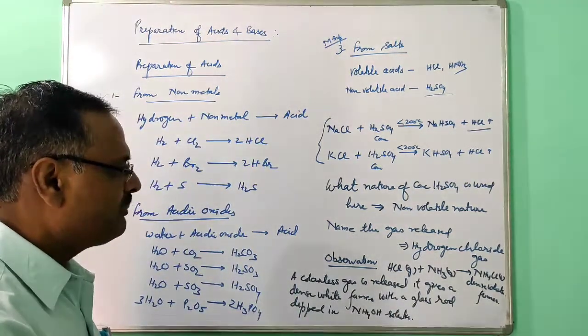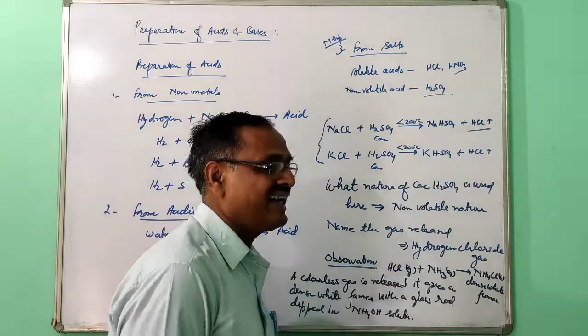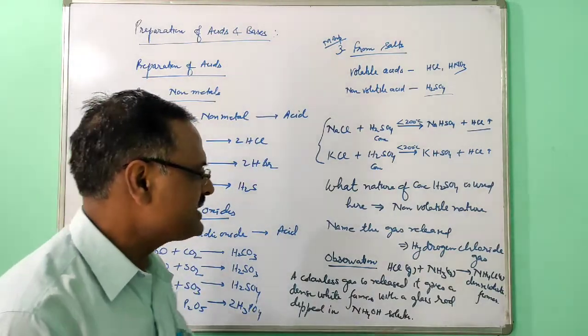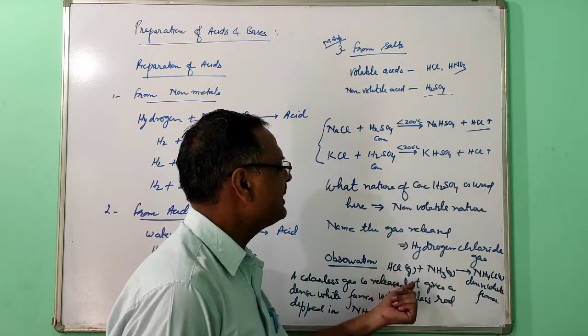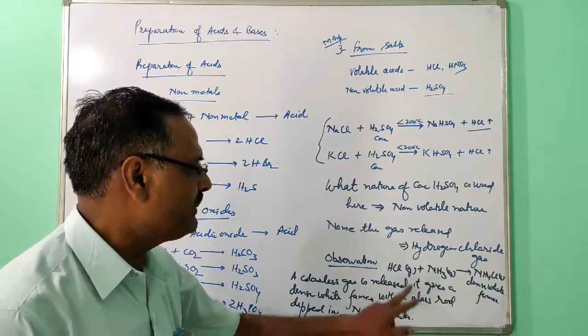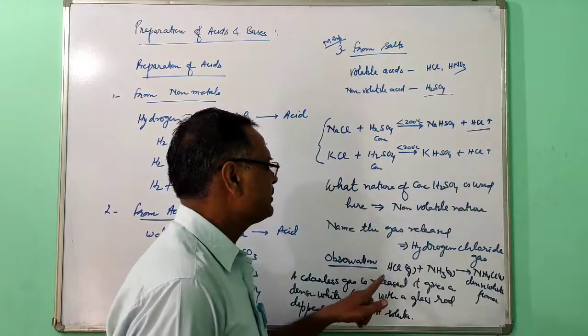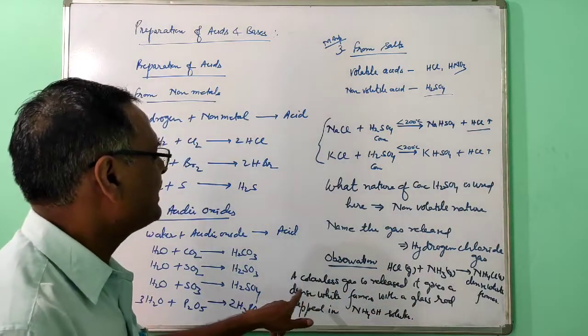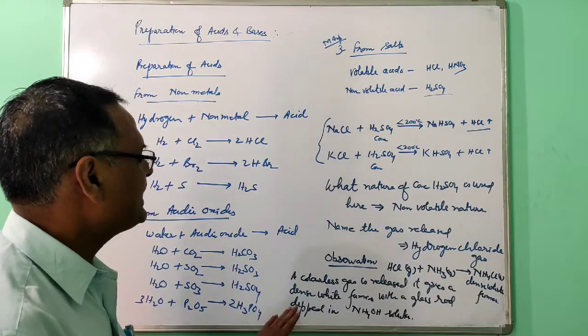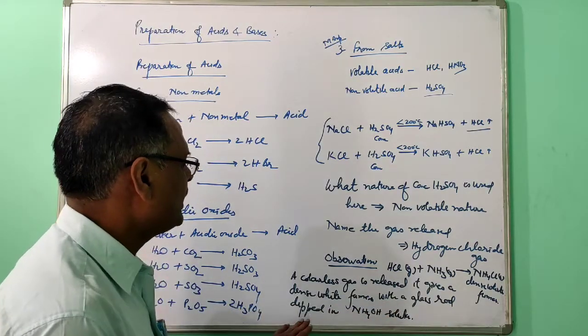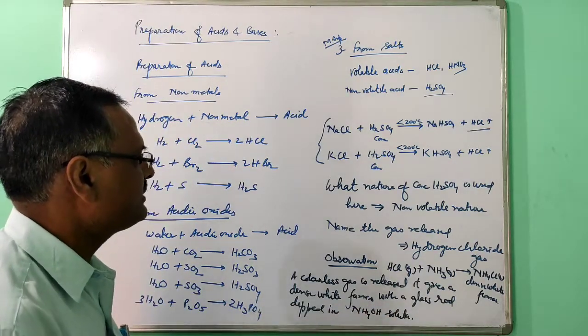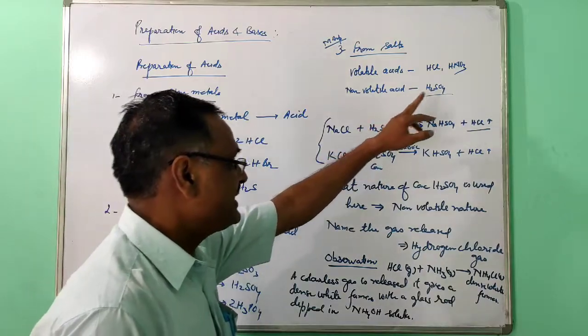If ammonia is coming, then you can take a glass rod dipped in concentrated HCl, dense white fume, and if HCl is coming, take a glass rod dipped in ammonium hydroxide, dense white fume. So since here HCl is coming, that's why I have taken a glass rod. A colorless gas is released, it gives a dense white fume with a glass rod dipped in ammonium hydroxide solution. So this first, HCl, you have seen.